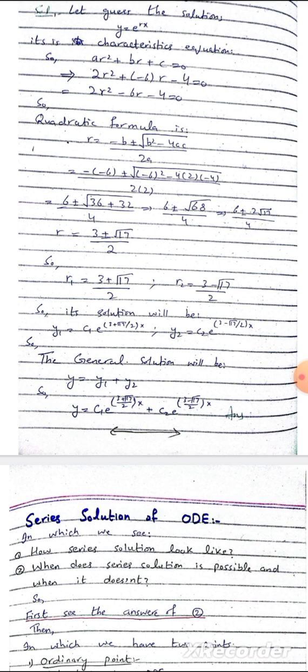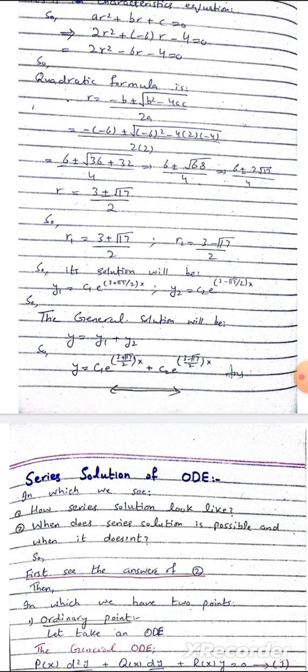So its solutions are y1 is equal to c1 e^(((3 plus square root 17)/2) x), and y2 is equal to c2 e^(((3 minus square root 17)/2) x). So the general solution will be y is equal to c1 e^(((3 plus square root 17)/2) x) plus c2 e^(((3 minus square root 17)/2) x) is equal to